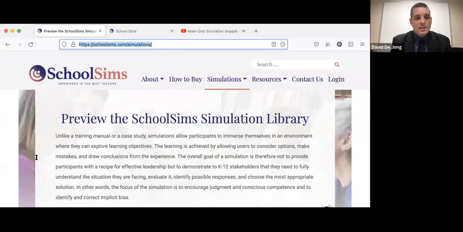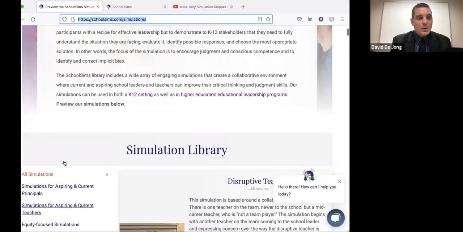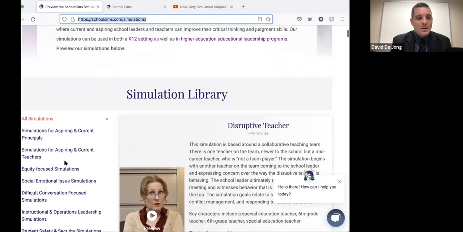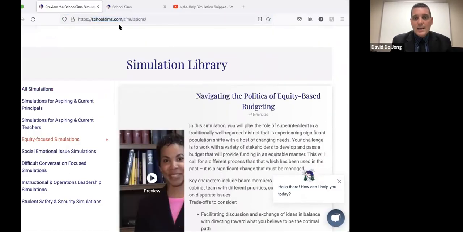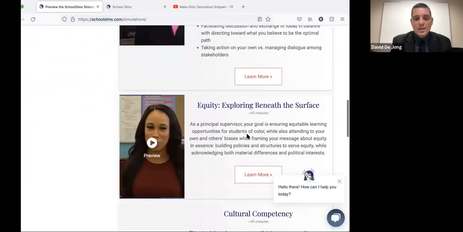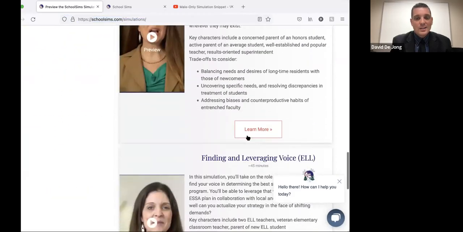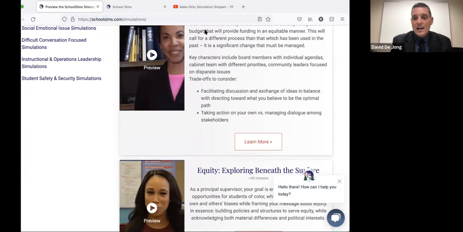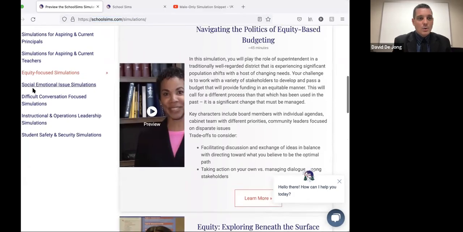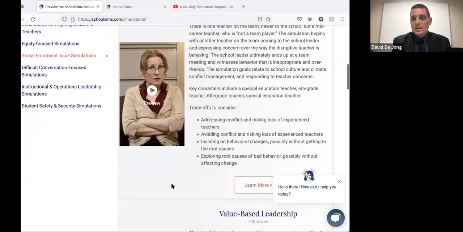If you want to know which topics are covered in these simulations, the quickest way to do this is go to schoolsims.com. And if you want something in the spaces that you were talking about, let's say equity, here are the simulations. This is a quick filter that shows you which simulations would be good in that area. When I'm deciding which simulation to use, I ask, what are my goals for this sim? I'll actually go right here to this website to start.